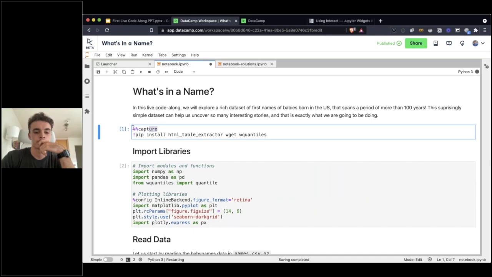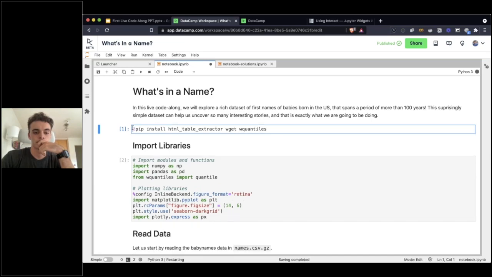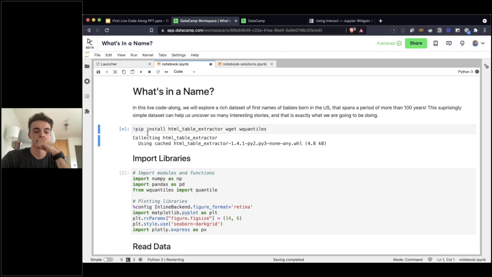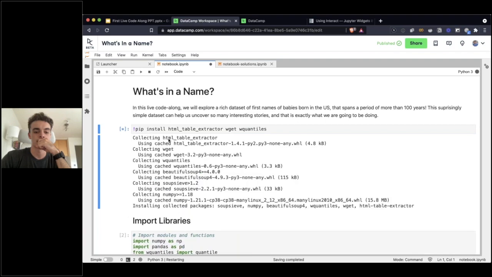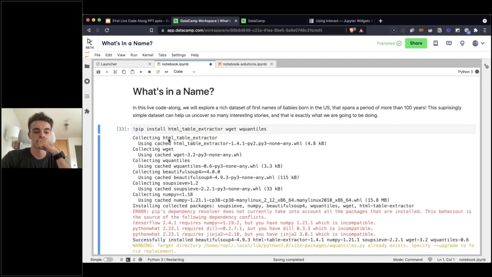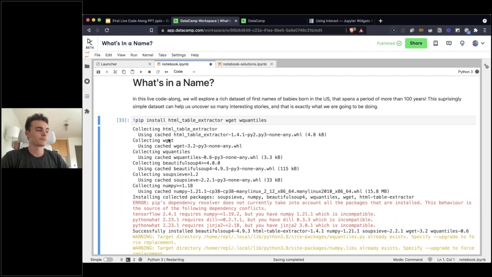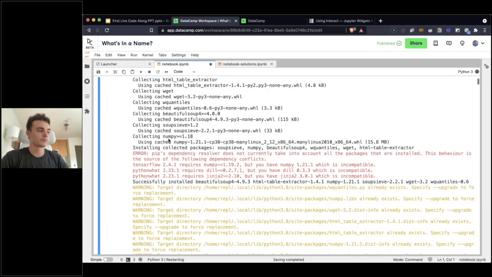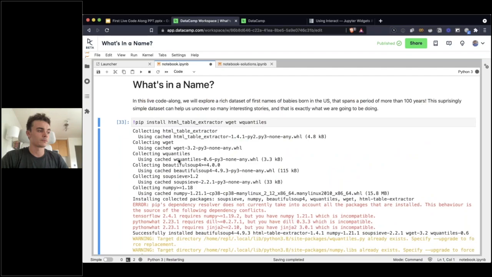Again, just to show you what happens if you don't use capture. JupyterLab typically prints all the output out. So in this case, for example, if I run it, I'm going to see all this. It's useful information when you're actually doing your analysis, but I don't want to publish all these details. This is not information that the reader of this article needs to know about.